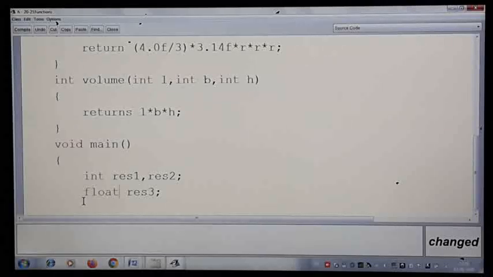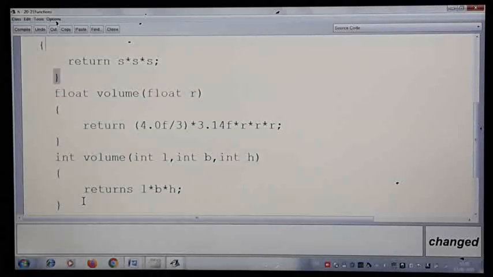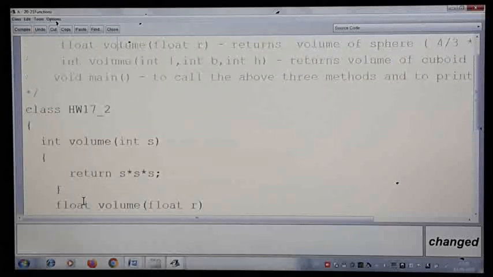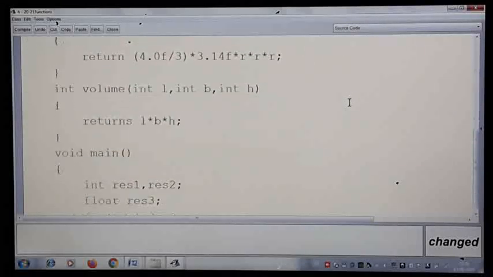Anything is okay. You can change the name however you want. It is only collecting the results. So here let me call the method, or else use relevant names only. If it is confusing, what result 1 is for and what result 2 is for, you can also write names. The first one is the volume of cube, sphere and then cuboid. You can write here